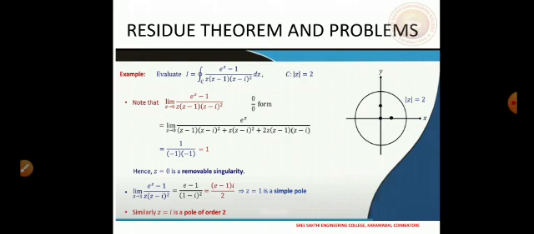And now we will discuss the other one. For z equal to 1 now, because this can also be observed here, the L'Hospital rule was applicable for z equal to 0, and as a result finally we got this value as 1. But this is not going to be the case when z approaches 1. So we consider now the limit as z approaches 1 of z minus 1 times f of z, where f of z is the integrand.